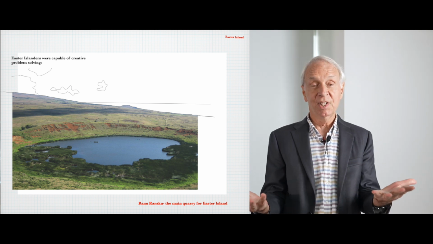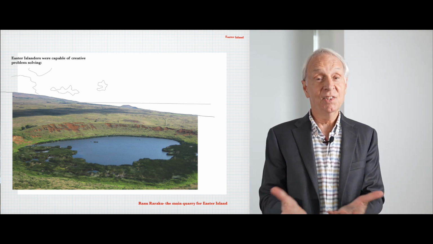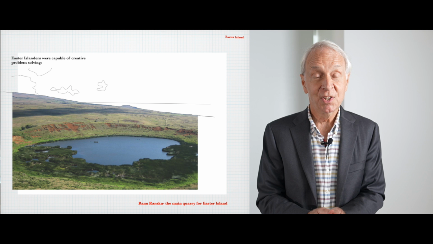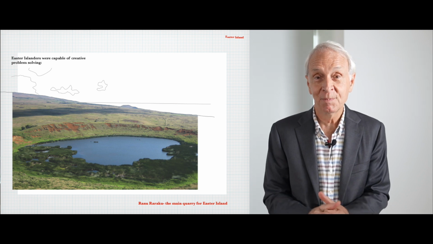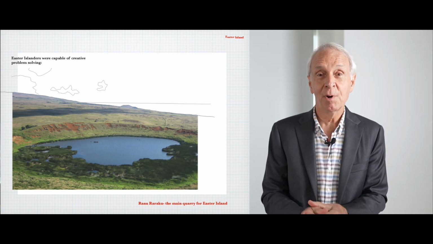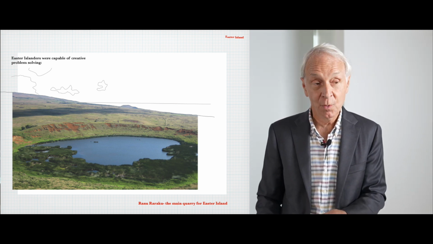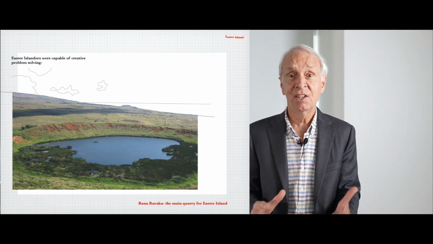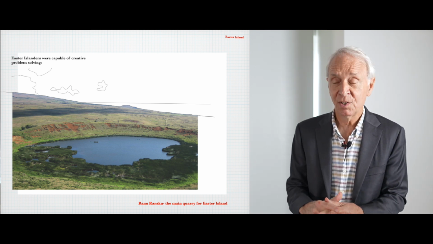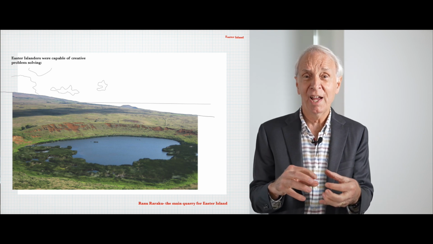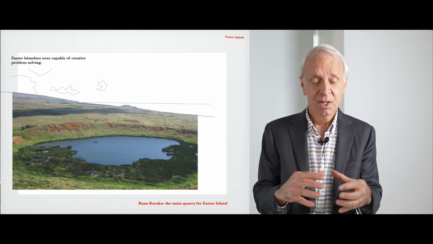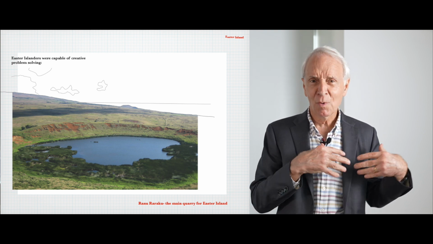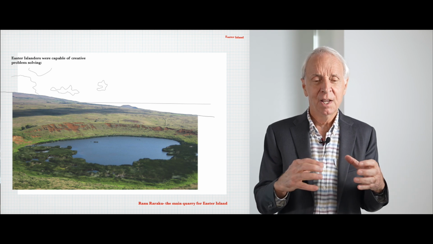Now, the interesting thing is that it isn't that these people were stupid or that they were incapable of creative problem solving. They did solve problems in some other ways. So, for example, their agriculture was very, very innovative. They did what they called lithic mulch farming, which is usually you take all the rocks out of your field to farm it, but they actually put